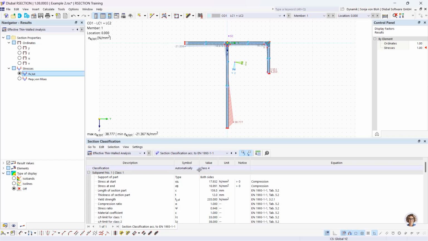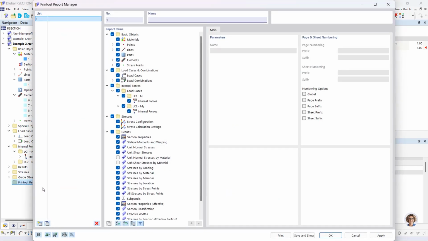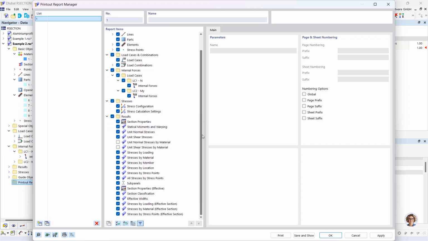I want to create the documentation now, and the documentation is done in the printout report. And for this, I go to the navigator data again. And here I create then the new printout report. Here I can choose the report items that should be included in the printout report. I don't want to have here